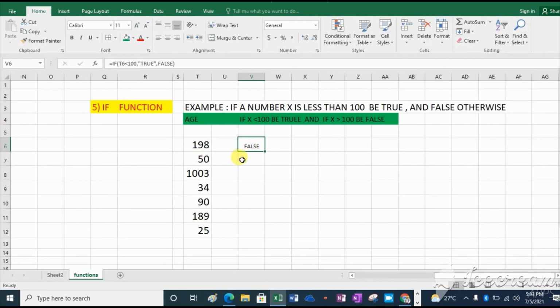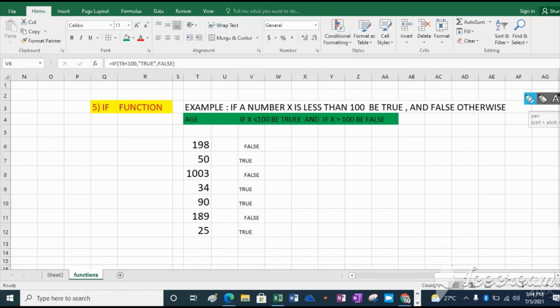Here it will be true. Here let us check, here also will be true. Then scroll down until here and you see your condition. 50 is less than 100 as your condition, so it is true. 1003 is false because it is greater than 100. 34 is less than 100, that's why it is true in your condition as it looks here.